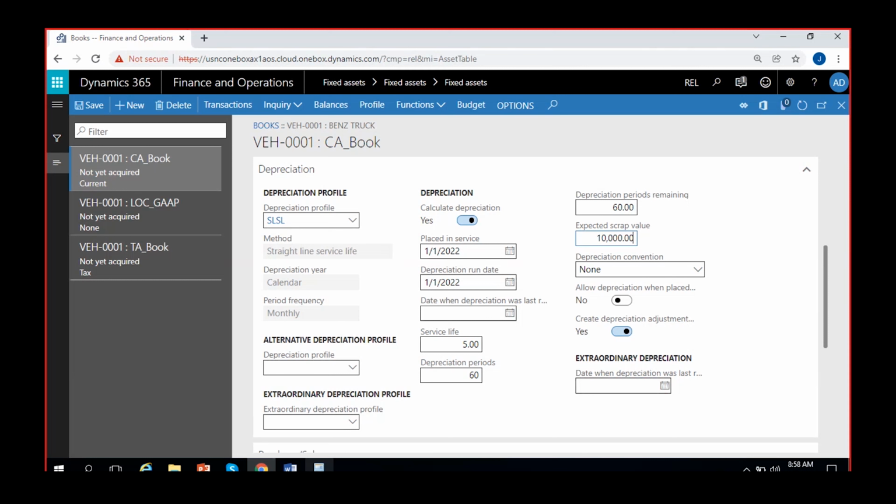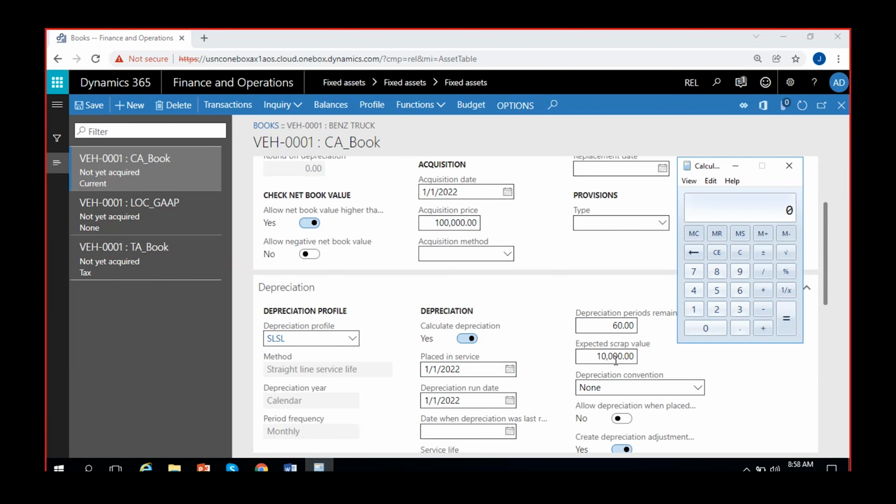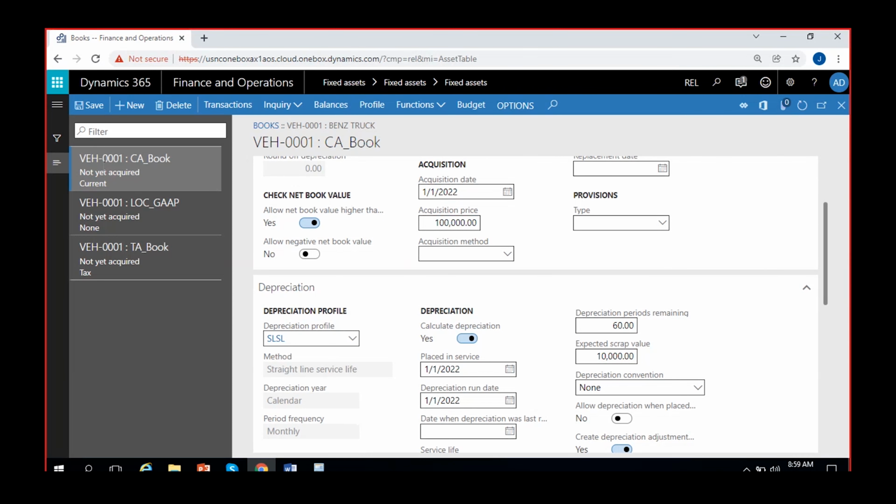Okay, then what should be the depreciation amount? So generally it's 1 lakh minus 10,000. Acquisition price minus scrap value divided by number of years. So 90,000 divided by 5 under such straight line service life method, which is equal to 18,000. 18,000 on a monthly basis means divided by 12 again, 1500 every month. Not for the first year only, for the entire period it will be the same. So if I click on save here, then if I go to profile again,